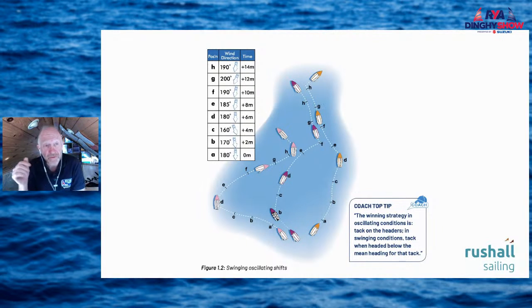So in a sea breeze, we might see those lovely sinusoidal, long oscillating shifts. And then the optimum time to tack is when your compass dips below the mean, heading for that tack. That way you sail the shortest course possible. Inland, it might be more about tacking when the jib